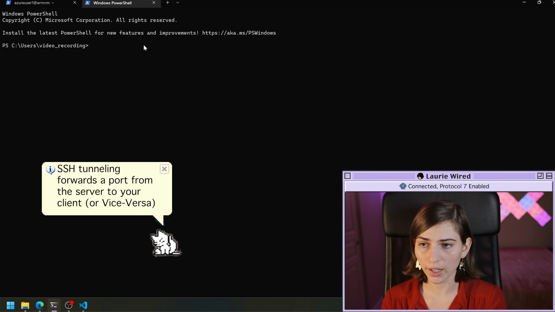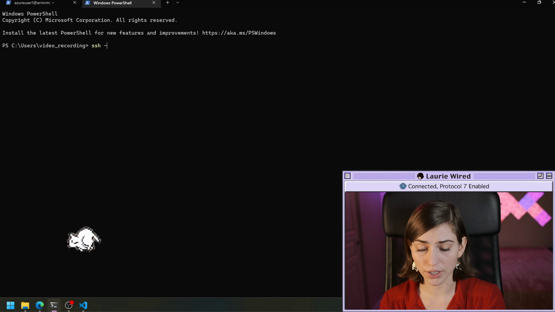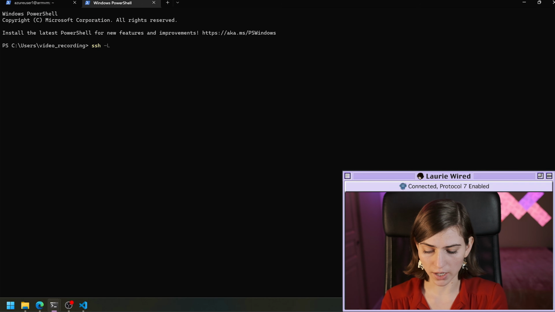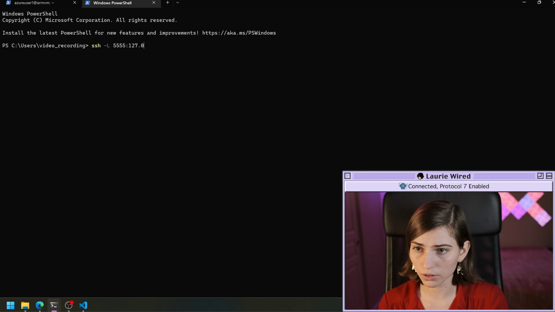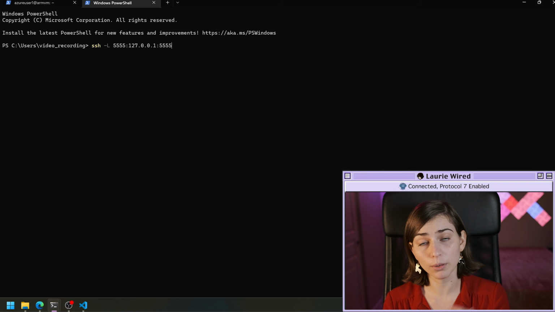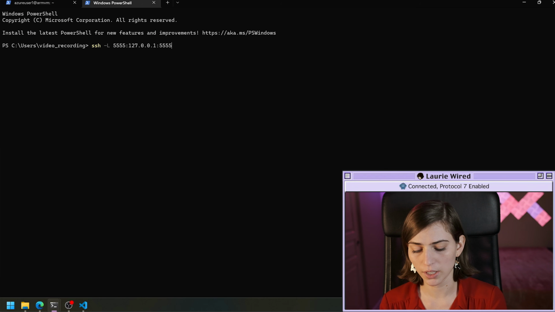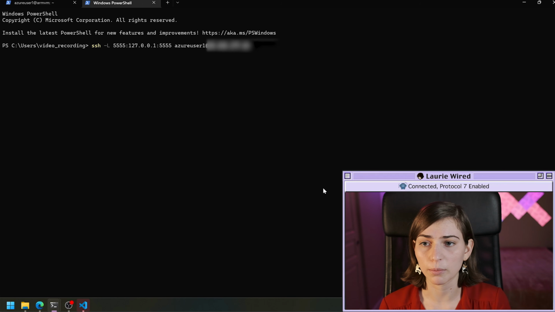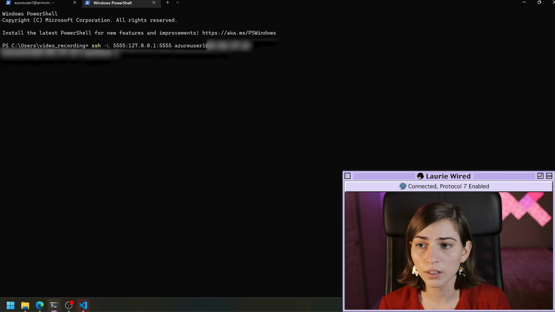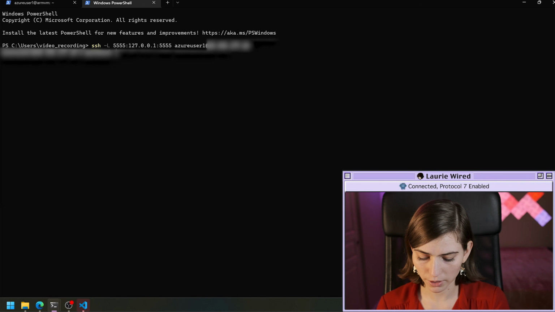So the command to do that is ssh -L, and then it's going to be the port number, and then our localhost. And then we're doing the same port for the remote machine and the local machine. And then it's going to be our remote Azure virtual machine credentials. So it's azureuser1 at, copy in my IP address, put in my password,